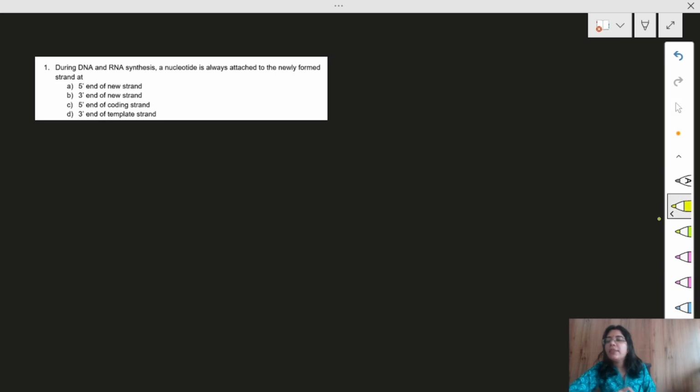Do you know the answer? I think in last class also I have explained something related to this. So if you remember one thing, you can never make a mistake in this question. First thing you have to note down is all polynucleotides. And if I am writing all the polynucleotides, what do I mean? I mean both DNA as well as RNA. Whether it is DNA or RNA,